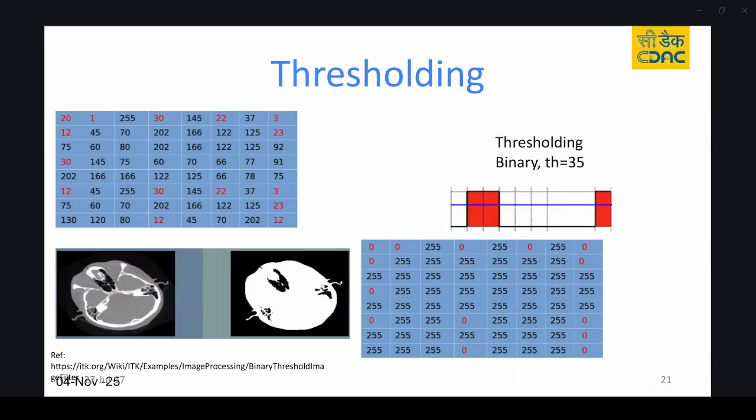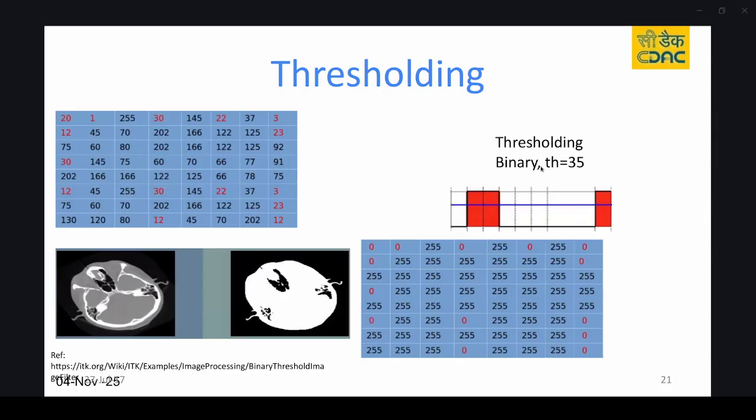So before the deep learning or artificial intelligence era, we used many pre-processing techniques to detect anomalies from the input image. One such method is called thresholding. So I am thresholding with threshold value th equal to 35. If you have an input matrix like this,